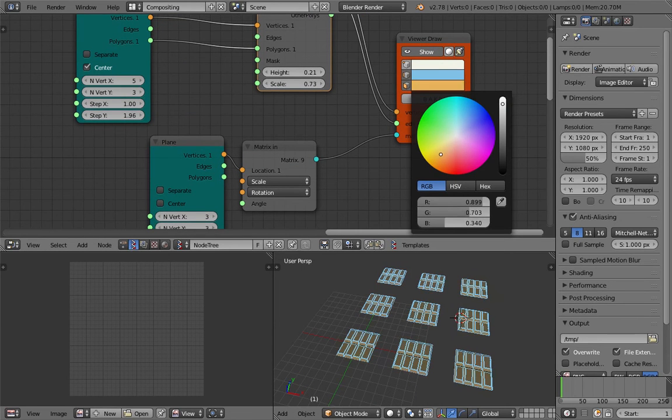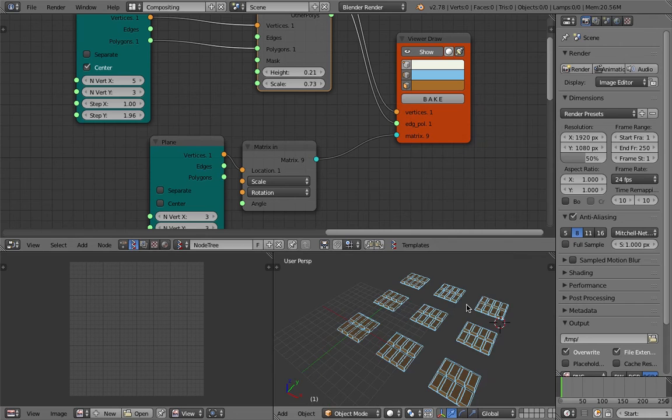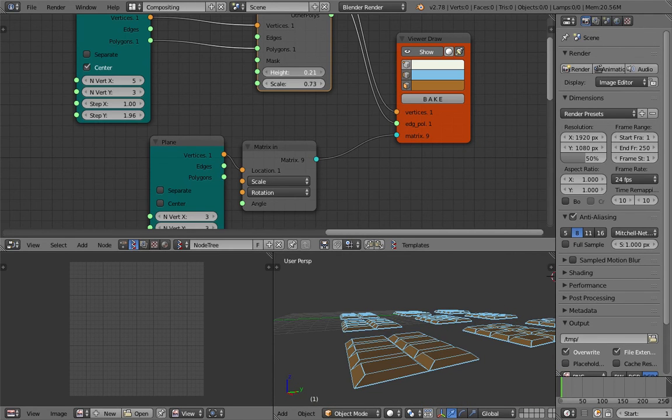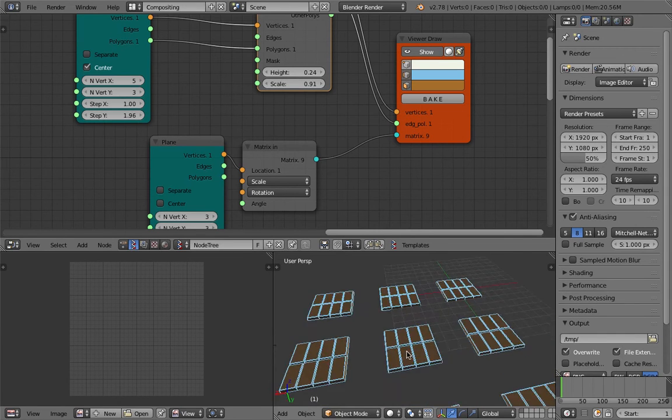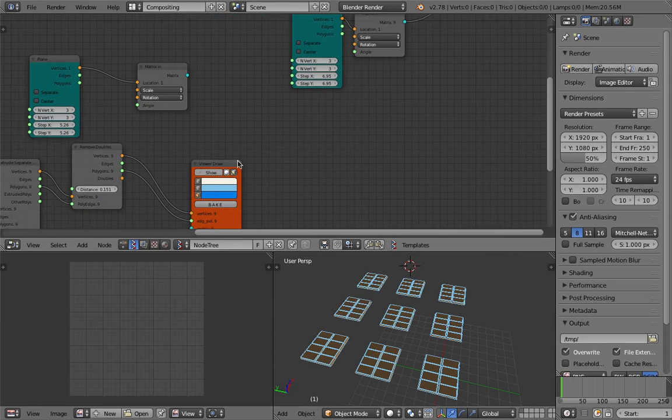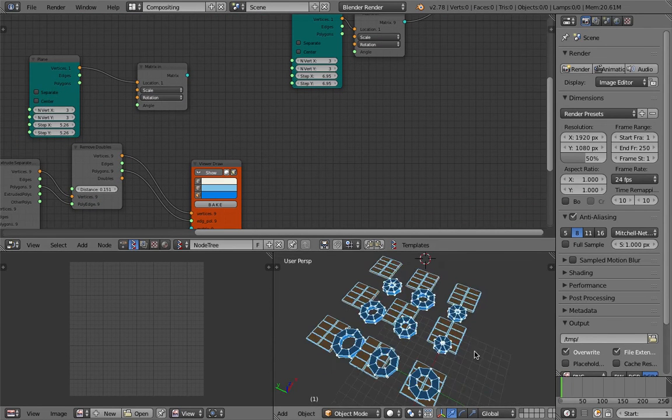Give it a chocolate color. So by accident we made this procedural chocolate Kit Kat, and also this